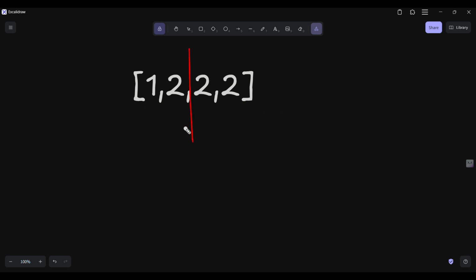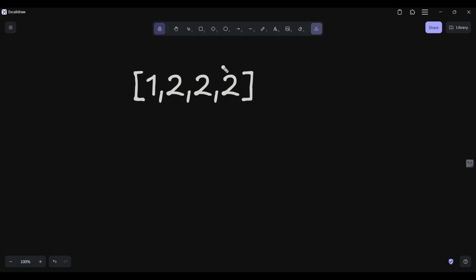You can split anywhere, like choosing the first index and then choosing all three. Basically, a valid split is one where you split this array into two parts in which the